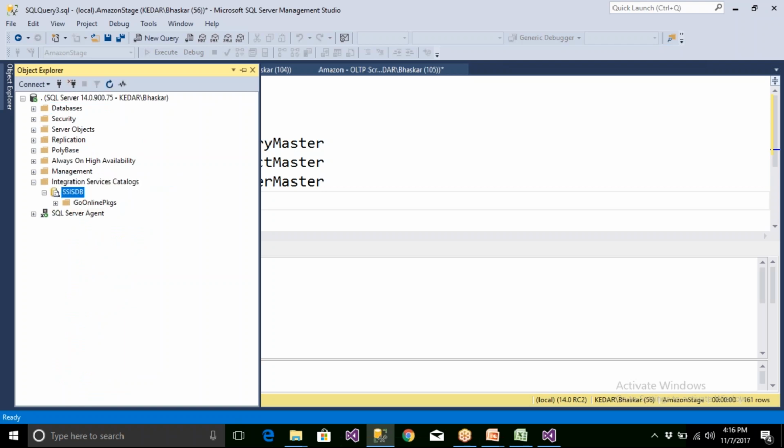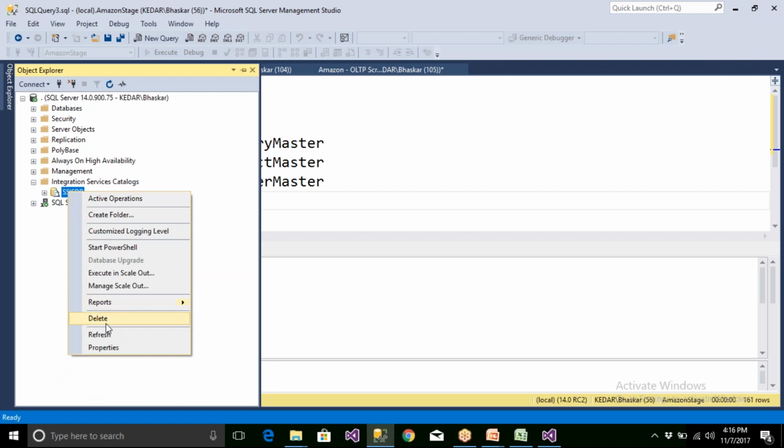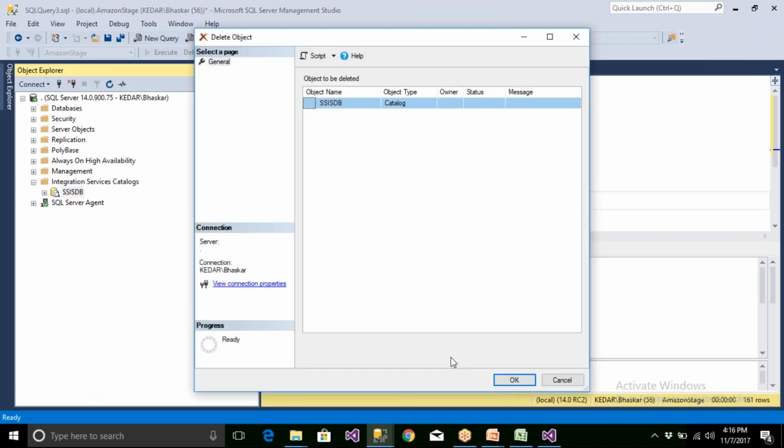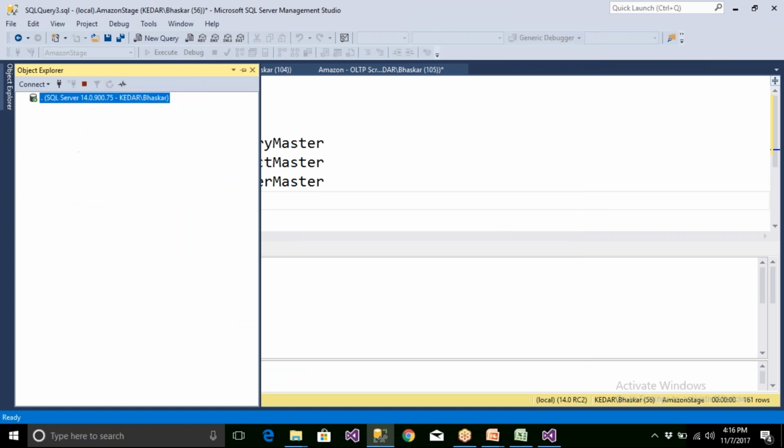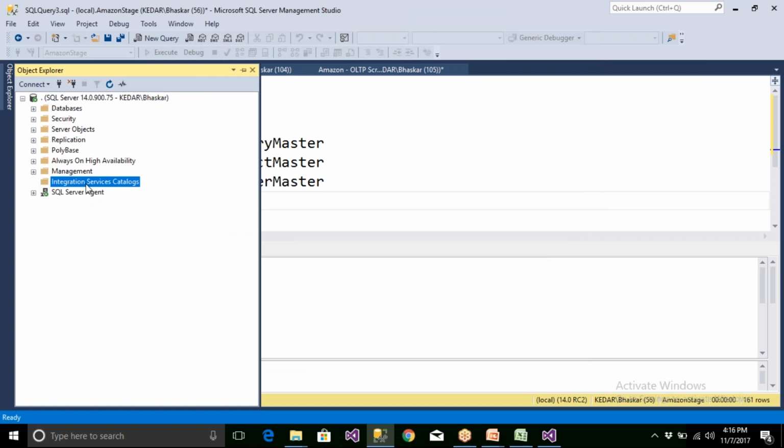I have an SSISDB, but let me delete this. The first time you're deploying, you have to make sure that log files and everything are created. I did not create that, so come here, refresh once, go to integration services catalogs, right click, create a catalog.